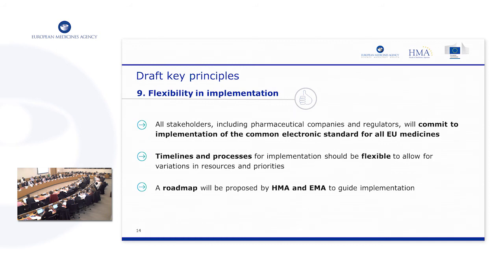And I think that should be considered, even though I understand it, whether this would perhaps be a separate, very important topic to take on, also linking that perhaps to the process we are using in the centralized process. Is there a possibility when we do label change variations to do that based on an electronic format? But I would tend to disconnect that from the idea to distribute the electronic format, because it has additional challenges, and I think we need to be careful that we don't create an additional hurdle there.